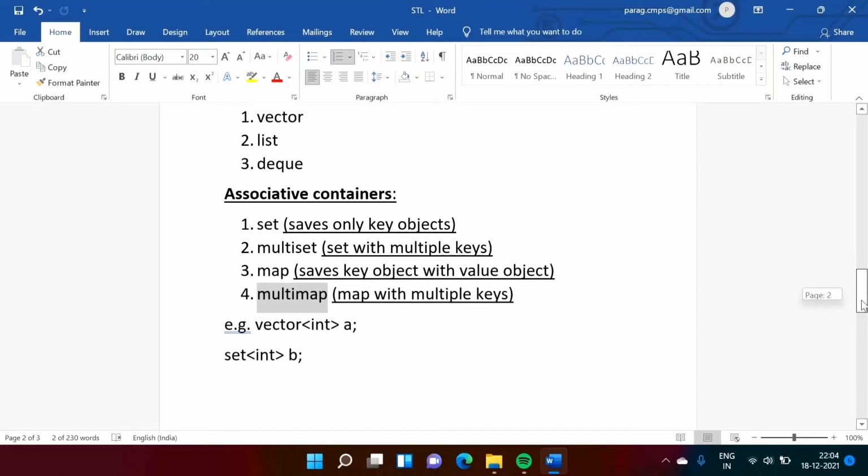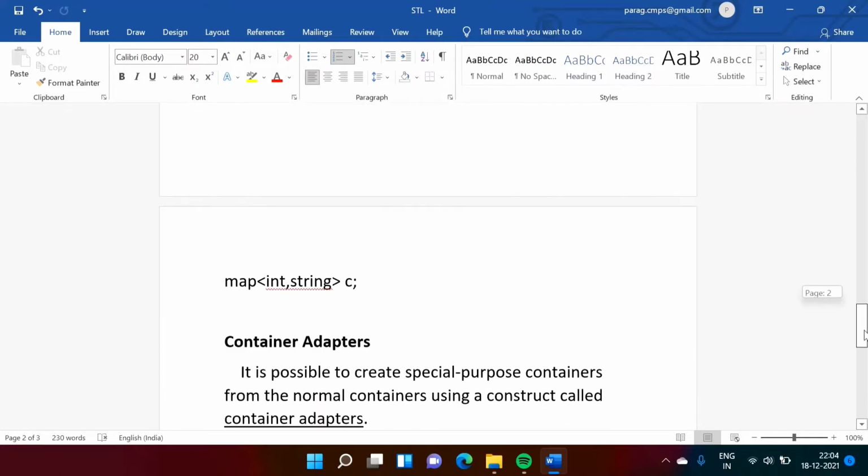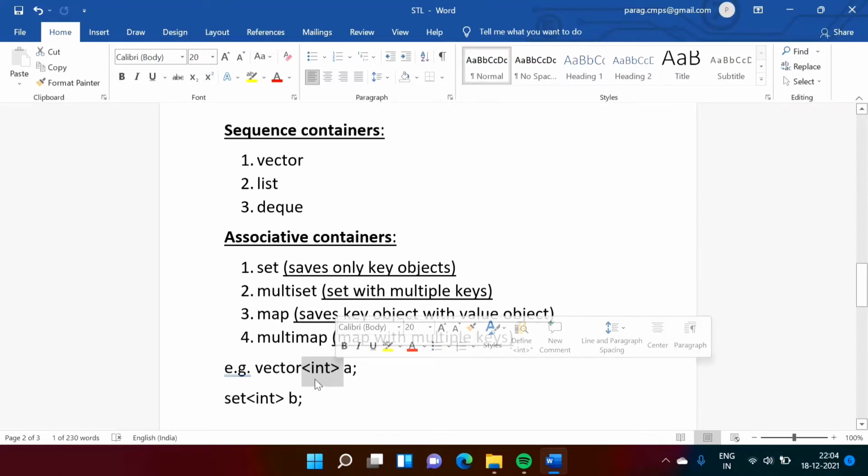Now see how objects are created. I have told you that all these are classes, class names. So we have to define the objects, right? So for example, vector A, set B, and map C, something like that. These containers are implemented as class templates, and because of that we have to mention the data types in angular brackets.